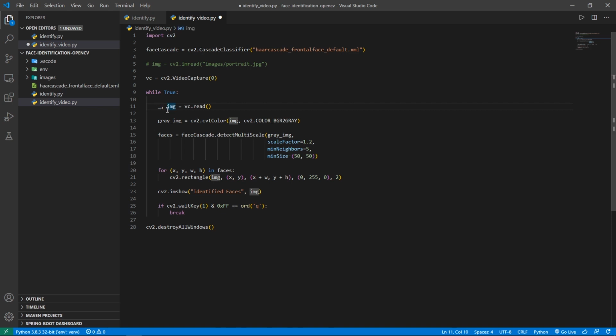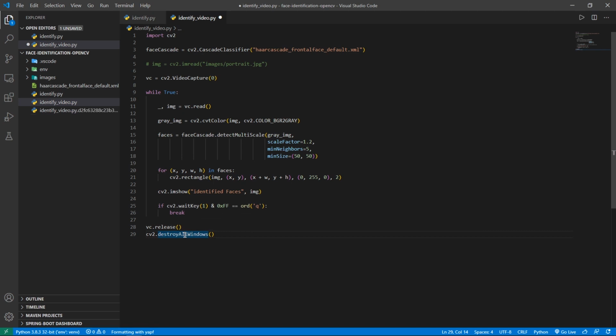Okay. So I'm going to just take the image and pass it to the gray image. So everything from here is same. So we're going to pass it to the CV2 color. That is going to convert it to a grayscale image. Then we're going to pass it to the detect multiscale to detect the face. Then later we're going to draw a rectangle, then show that output and also wait for the user to press the Q key to exit out of the loop. And below everything else, we're going to type in vc.release. And that is going to release the video camera. That is, it's going to stop capturing the images. And then it's going to destroy all the windows.